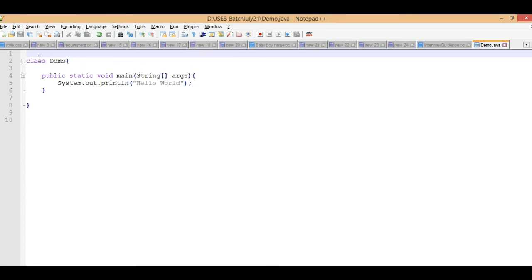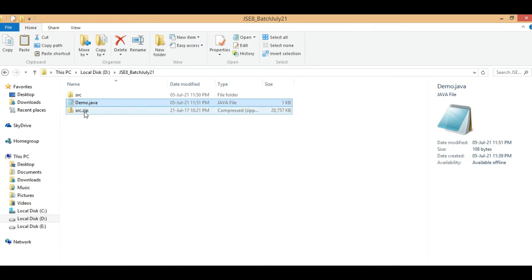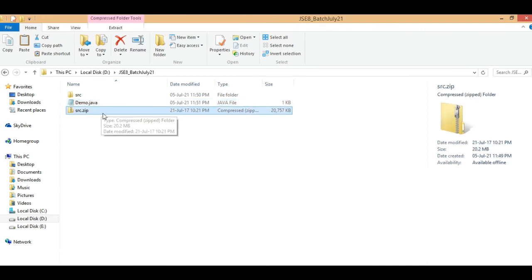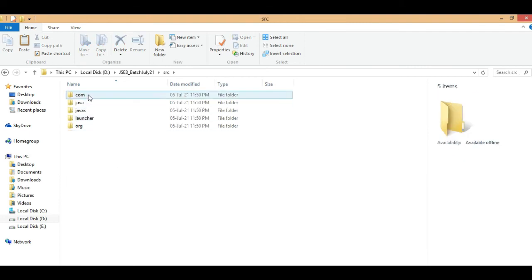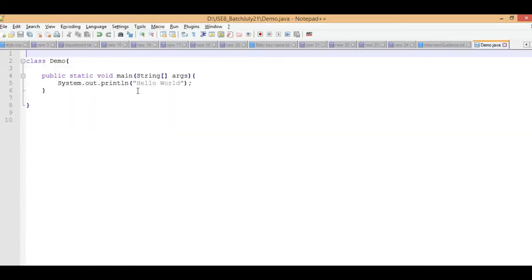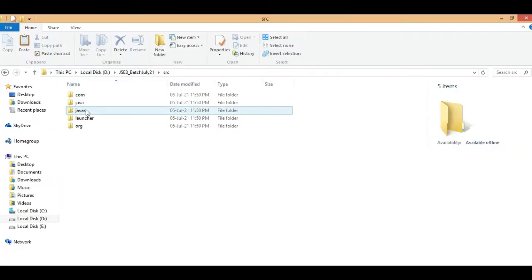So what is happening behind this program? The compiler automatically uses this source.zip file, and these are the source code files which the compiler uses to make this program compatible, and this file is able to be compiled by the compiler because of these supporting files.